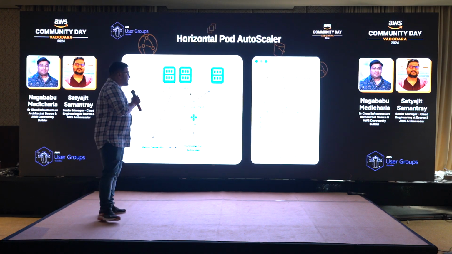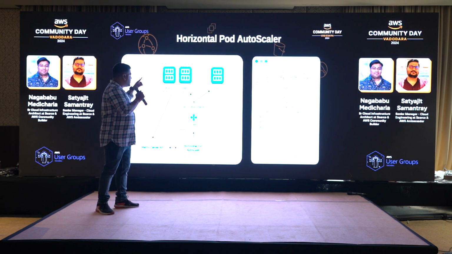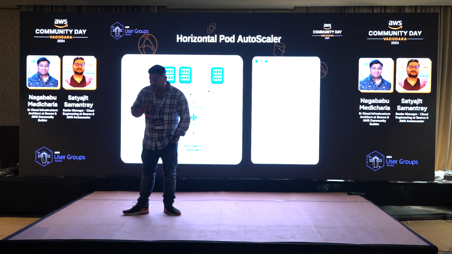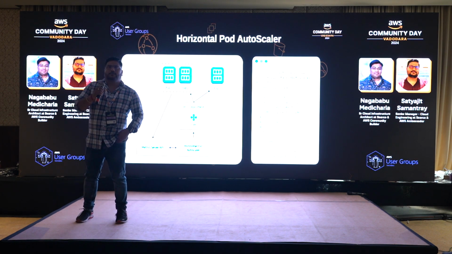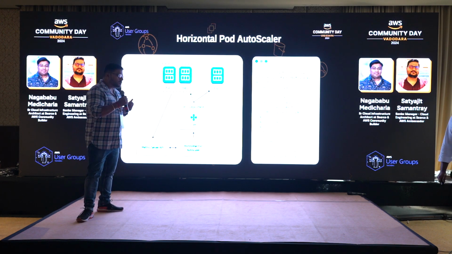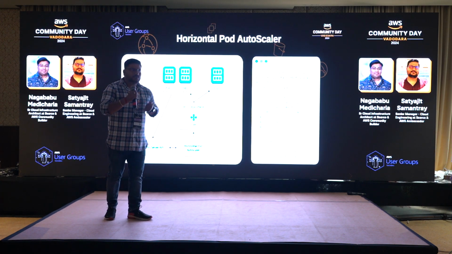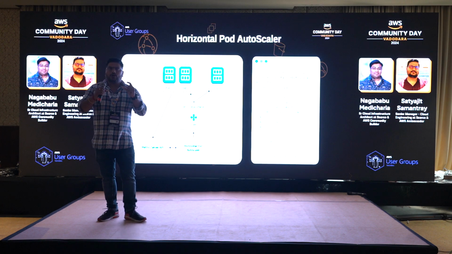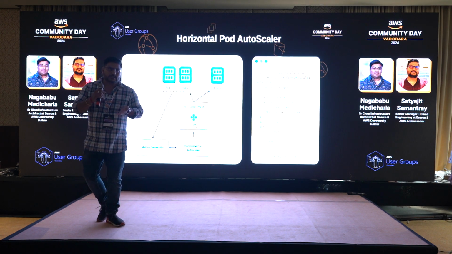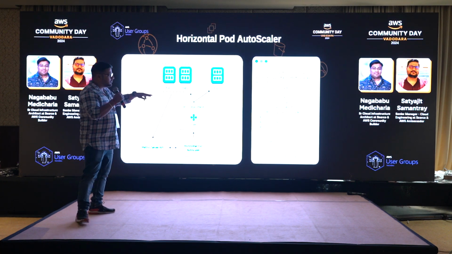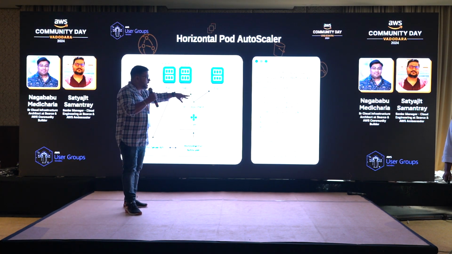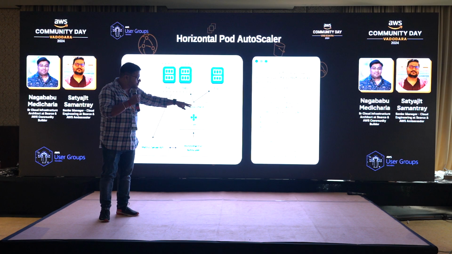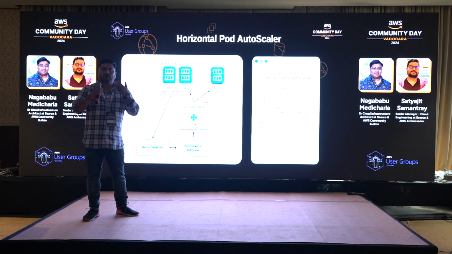In this deployment, HPA stands for horizontal pod autoscaler. For HPA to work, we need the metrics server. The metrics server will be installed, and based on pod CPU utilization, we specify, let's say, 70%. When the pod utilization is more than 70%, it will bring up a new pod. We need to specify a minimum replica and a maximum replica. The minimum will be 5 running, and when the pod utilization goes above 70%, it will bring up a new pod.